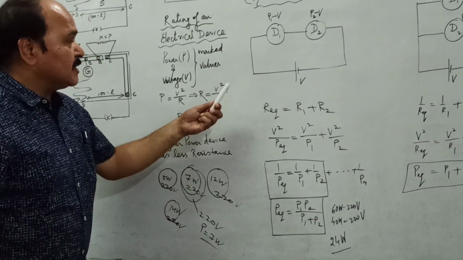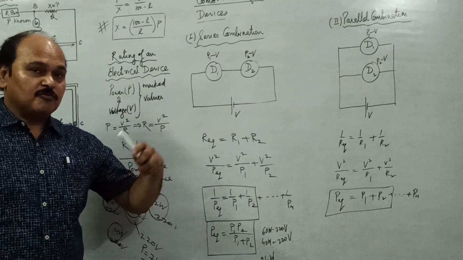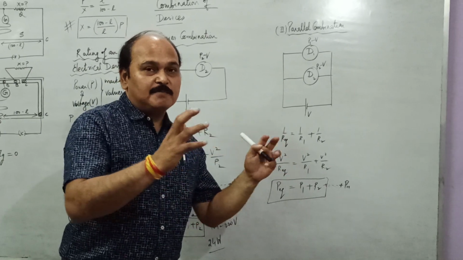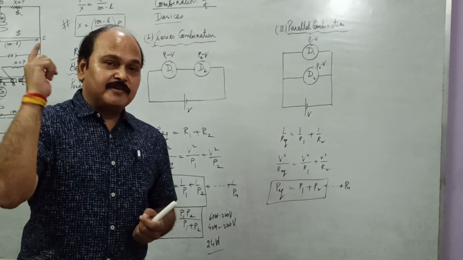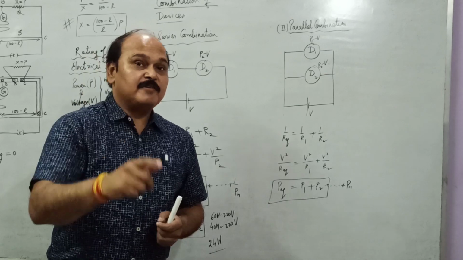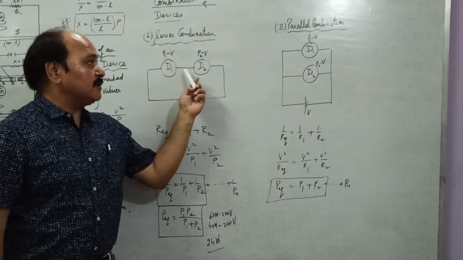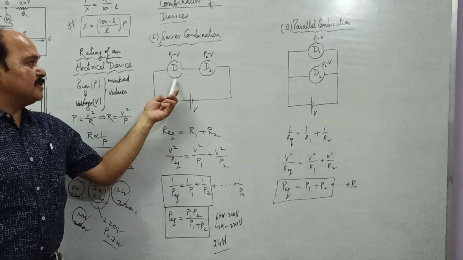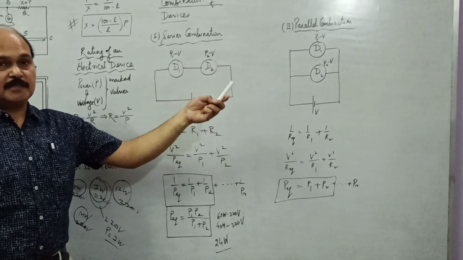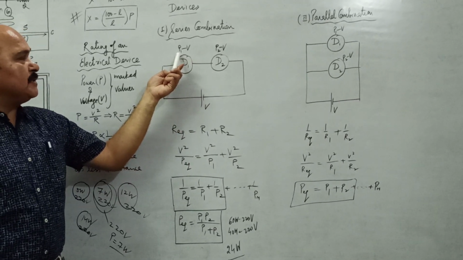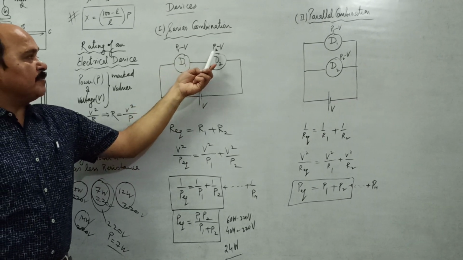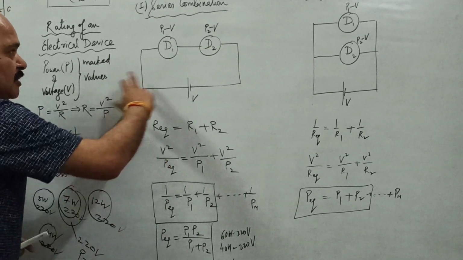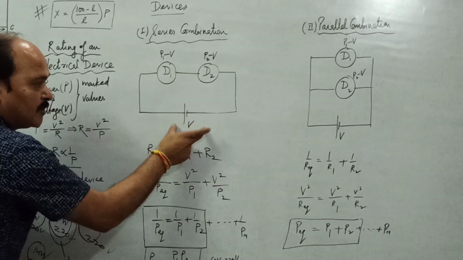Now what is next is the combination of different devices. What is being done in this combination? We are connecting some devices in series and some devices in parallel, and every device has the same rated voltage but different power, and all these devices, whether in series or parallel, are connected with the same rated voltage. Like this is device D1, this is device D2, a series combination. Its rated power is P1, voltage is V. Rated power is P2 for this device and voltage is V. And both the devices in series are connected with the same rated voltage.